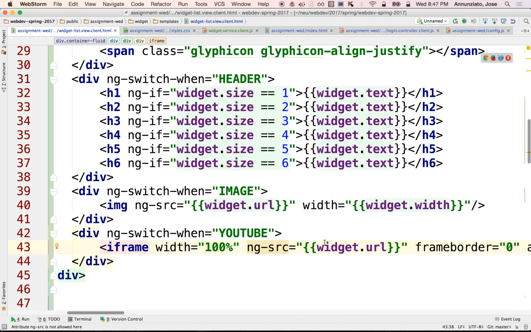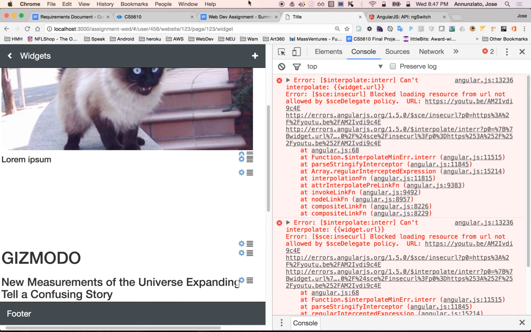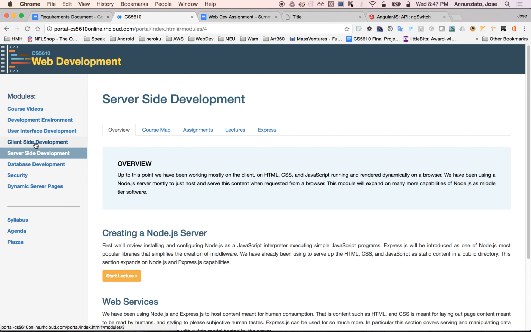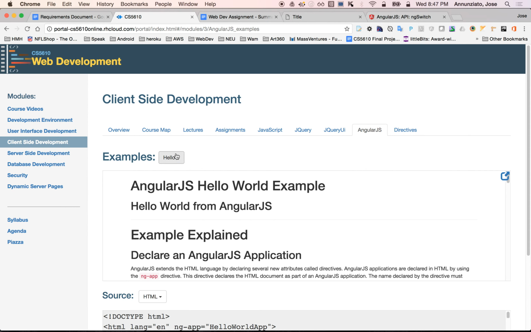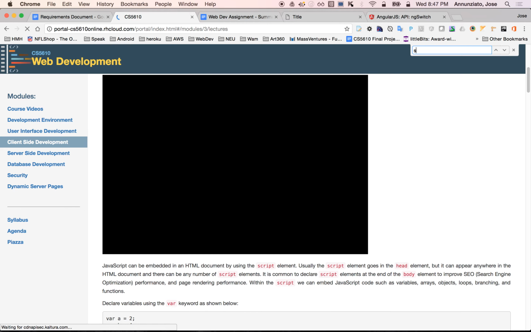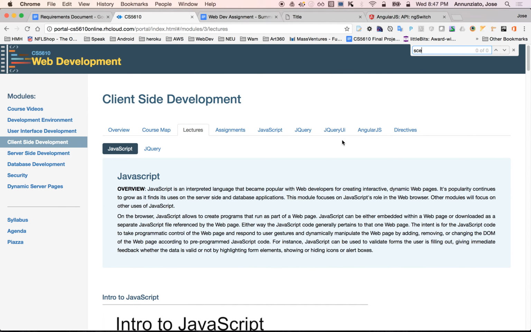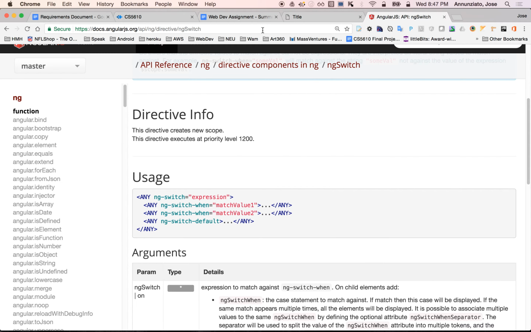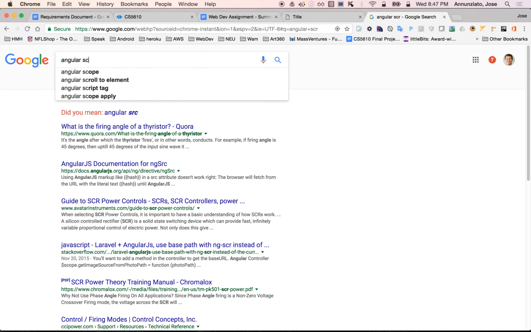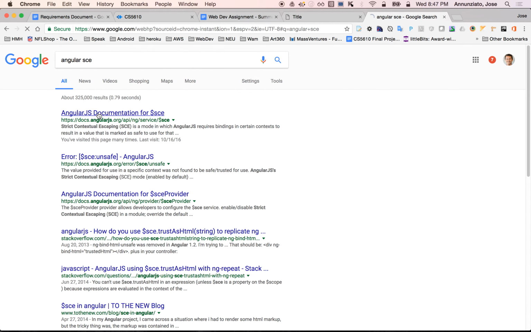So what we need to do is to use another technique, which is going to allow us to embed this. And I believe, do I have that? Examples of that. Why is this not rendering? AngularJS. I guess I don't. Do I have SCE here? I don't. Okay, I'm going to add some examples of SCE there. So SCE, Angular SCE, allows you to embed